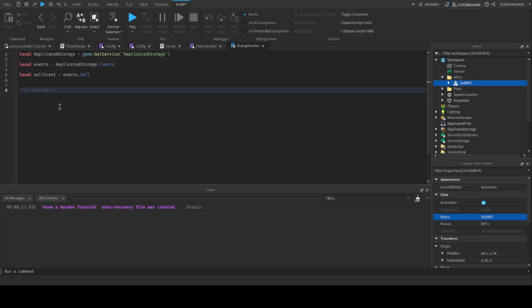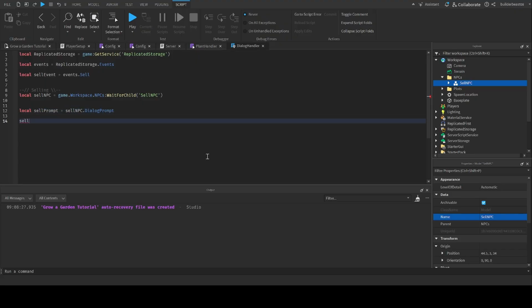And we're gonna use the same script for both selling and buying. So I'm just gonna organize it a bit. So local sellNPC = game.Workspace.NPCs:WaitForChild("SellNPC"). Now, local sellPrompt = sellNPC.DialogPrompt. Then sellOptionsFrame equals